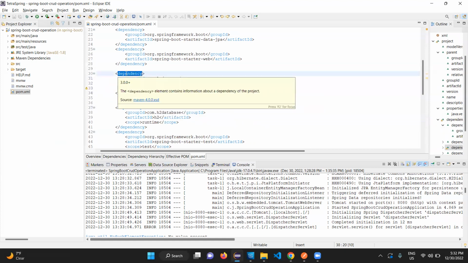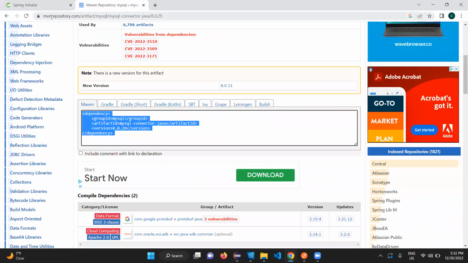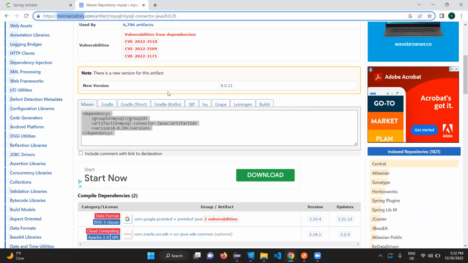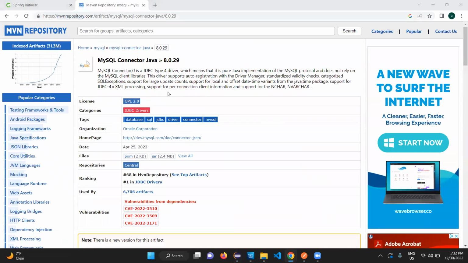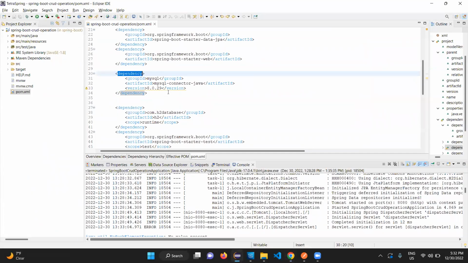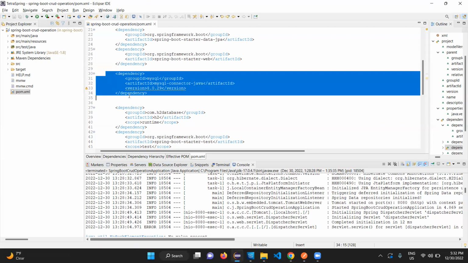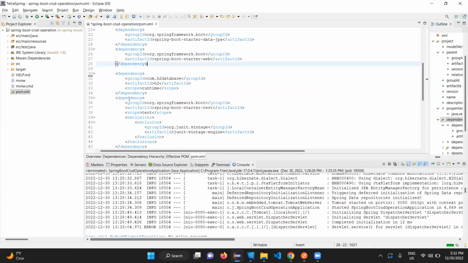How to get the dependency from your Maven? This is the MVN repository, Maven repository. Most of the jar files will be present within your Maven repository. Suppose there are project specific jar files, that means there will be code which is very specific to your client. Like let's say you're working for a finance company, and bank A will have its own source code, bank B will have its own source code. So bank A will use only its specific jar files which are custom built, because